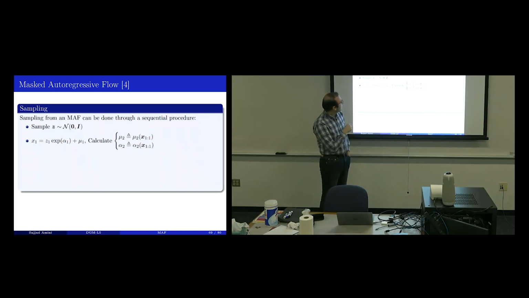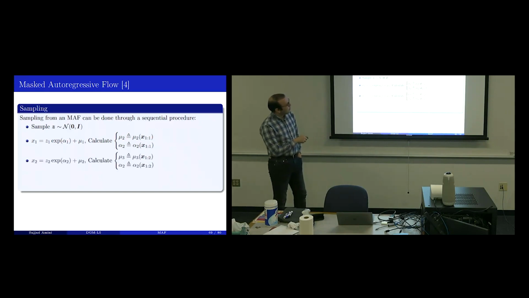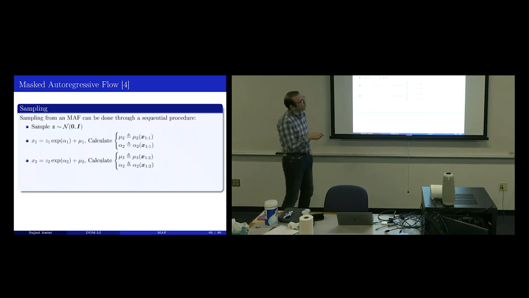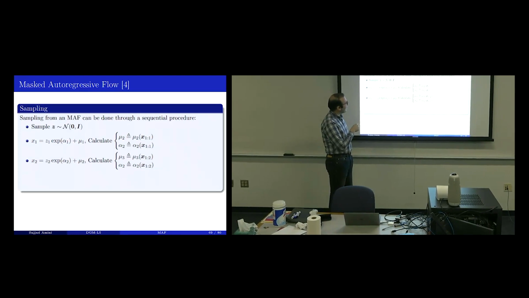So I use this x1 here to generate alpha2 and again the x1 here to generate mu2. When I have access to alpha2 and mu2, I can easily generate x2. Why? Because x2 is the rescaling of z2 using the exponent of alpha2. Alpha2 is here, I put it here, calculate this multiplication and then add mu2 to the result. So I have the second element of